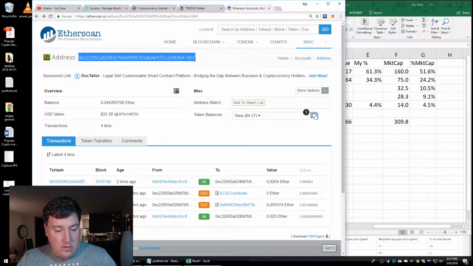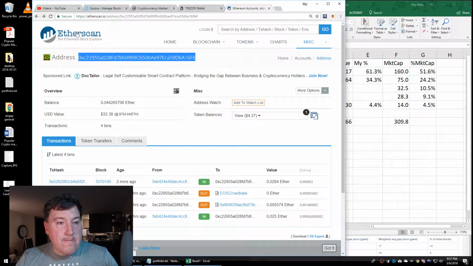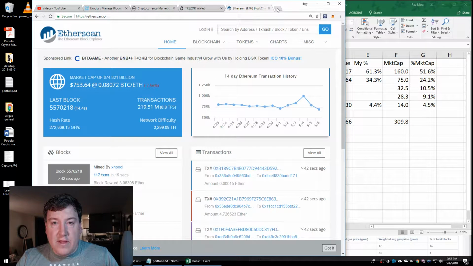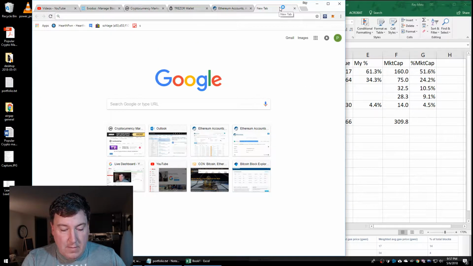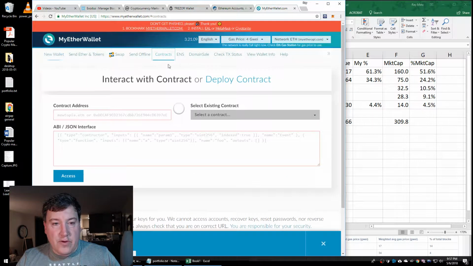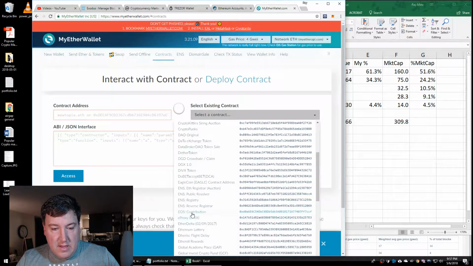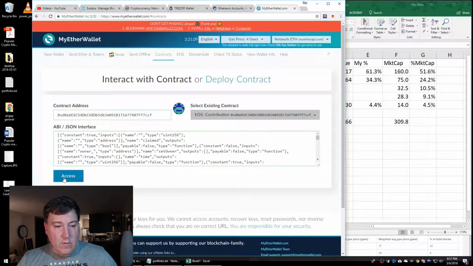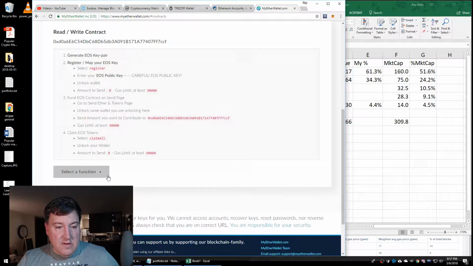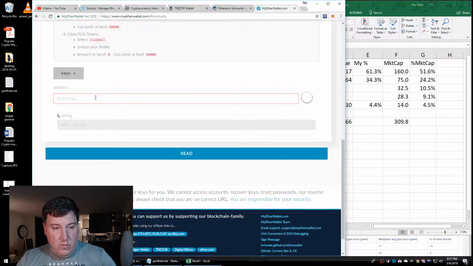So this is our address, and I'm going to go to... I always forget this. Let's go back here. We're going to go to My Ether Wallet, and we're going to go to Contracts. I'm going to select the EOS contract. It says EOS contribution. We're going to access the contract. This gives us a bunch of functions. We want to see what the keys function is, what value has been registered to this wallet. So when we read it,